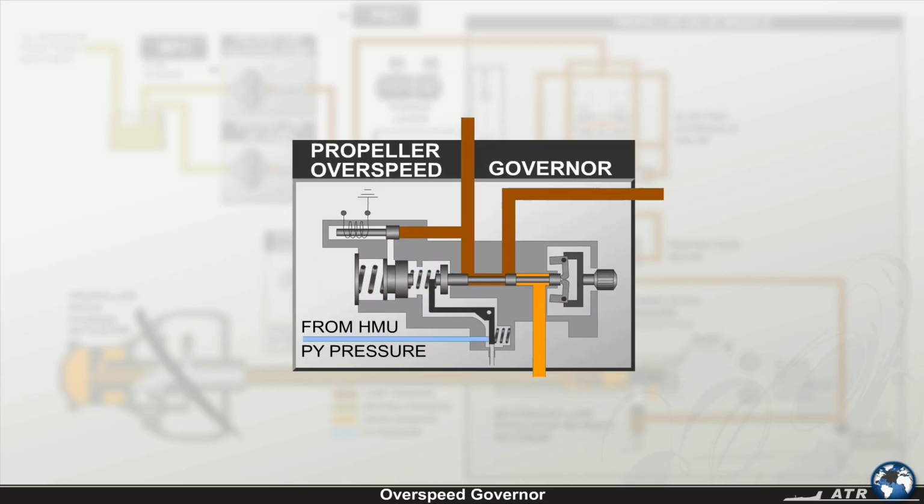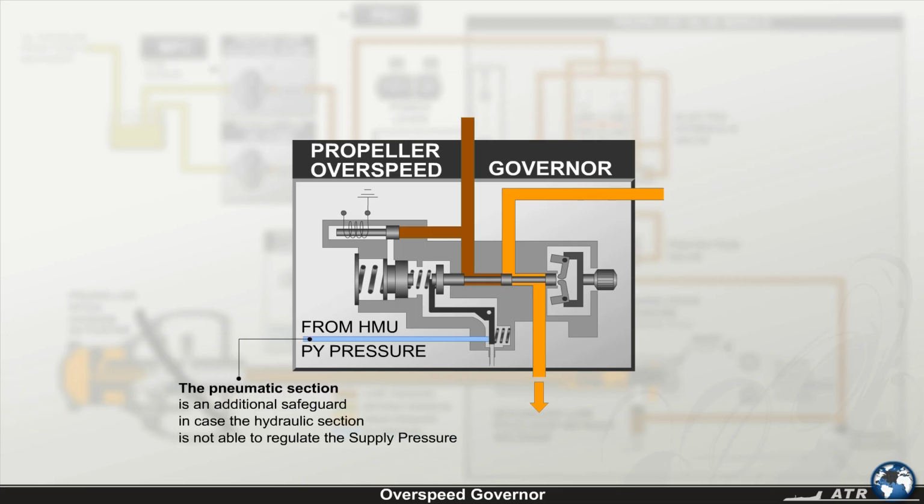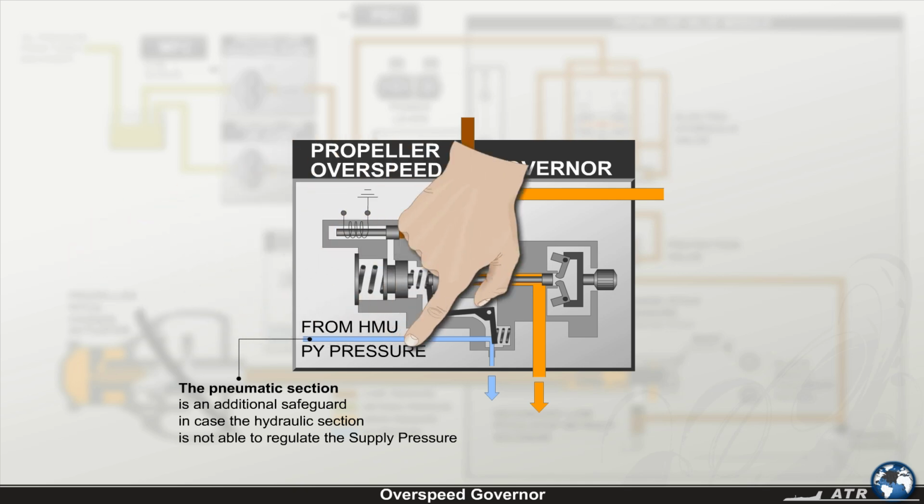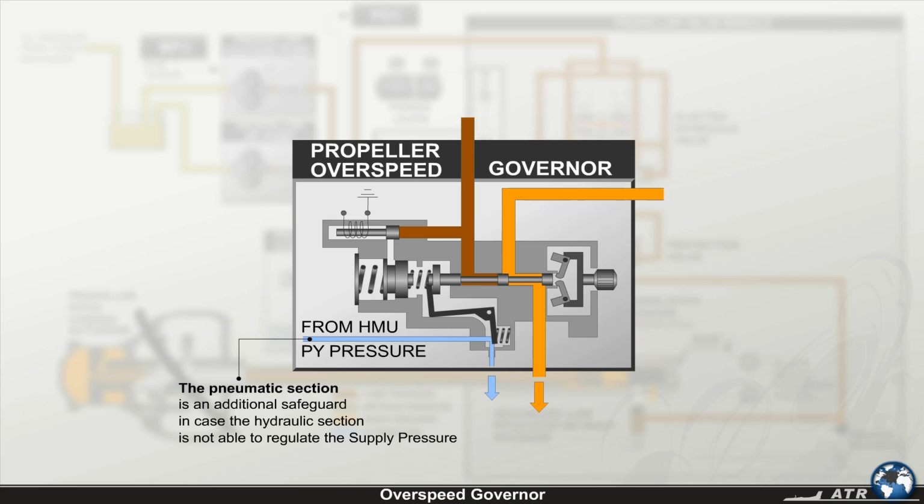In case an overspeed is detected, the hydraulic section initially reduces the supply pressure. The pneumatic section is an additional safeguard in case the hydraulic section is not able to regulate the supply pressure. If this happens, the pneumatic section bleeds air from the engine high-pressure compressor to force the HMU to reduce the engine fuel flow. By reducing the engine fuel flow, the engine power is reduced, and by consequence, the propeller speed